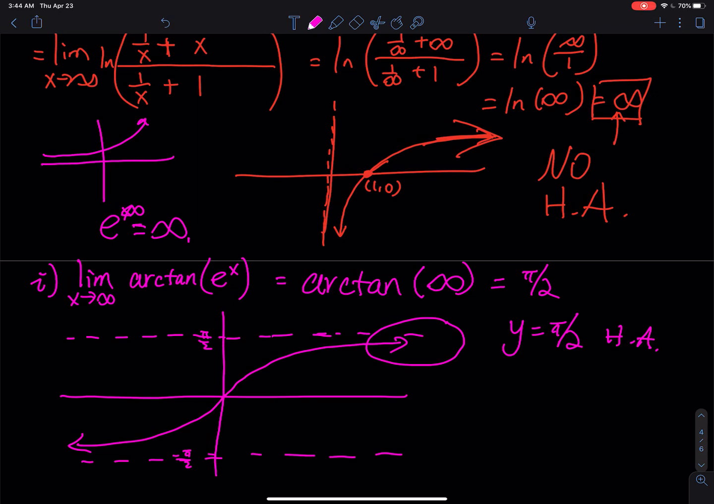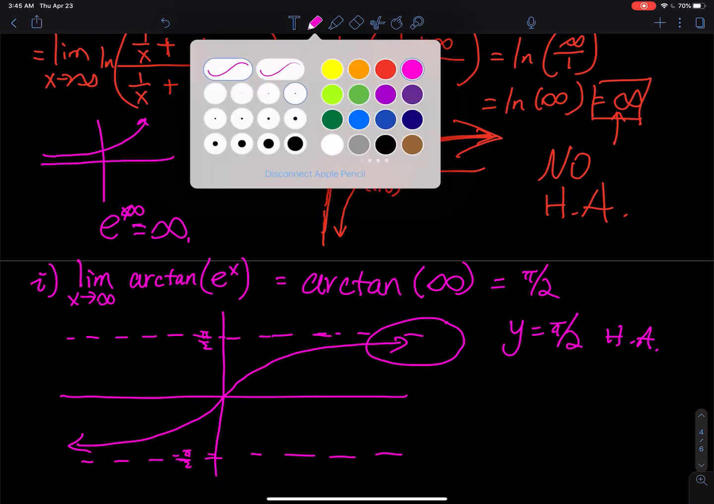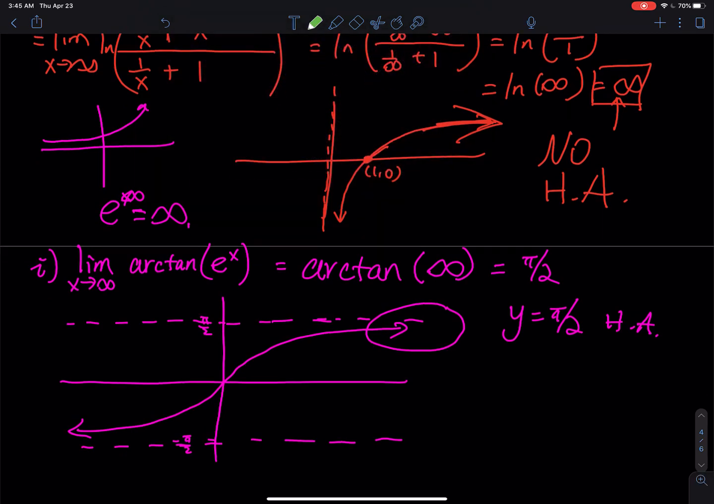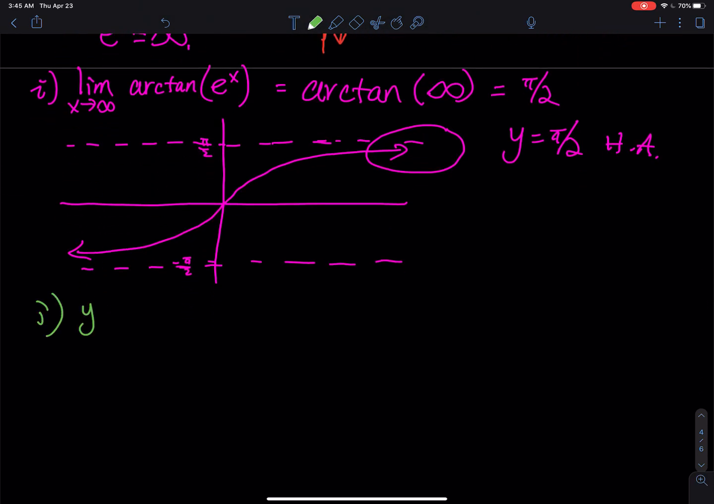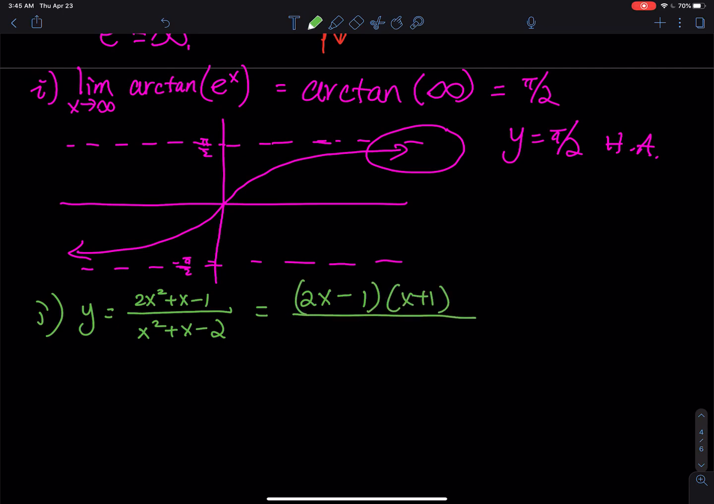The very last problem, I didn't give you a limit. I gave you a function and then I asked you to give me the horizontal asymptote and vertical asymptote. So let's go ahead and do that really quick. The last problem, J, I have y equals 2x squared plus x minus 1 divided by x squared plus x minus 2. To find the vertical asymptote, first you have to factor the rational function. So that is 2x minus 1 times x plus 1, use any factor technique you like,